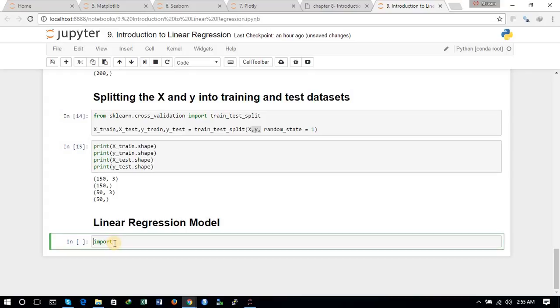from sklearn.linear_model import LinearRegression. So we have just imported the linear regression model from the sklearn.linear_model module, and we will just define